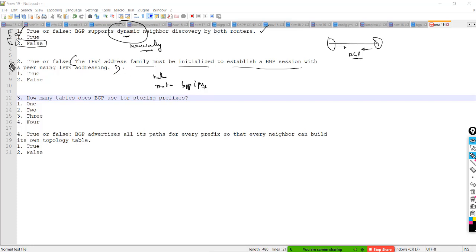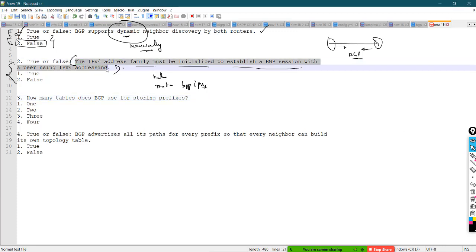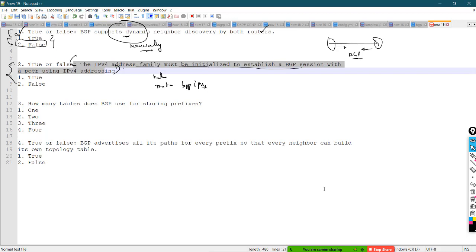So again, very similar to the first question. You might have understood this way of asking, because you never know during the certification they can ask you this or that. That's why I included two questions with similar meaning. So what do you think? Is the answer true or false?